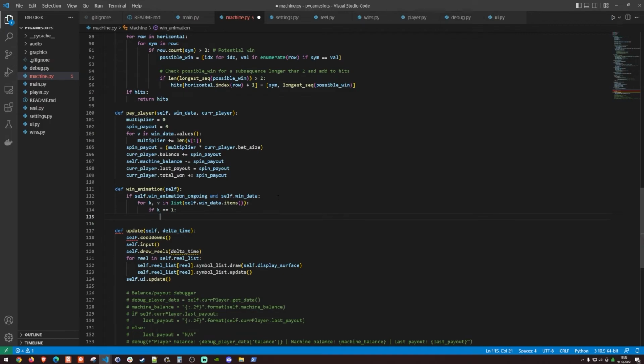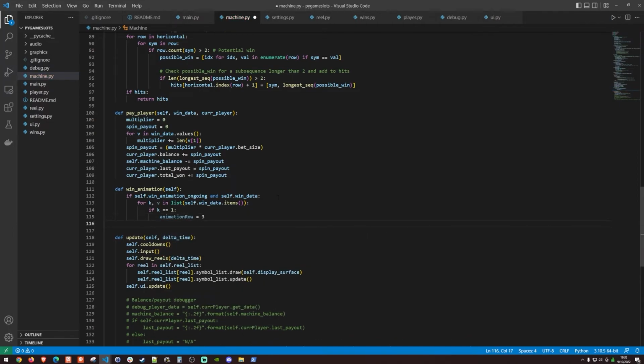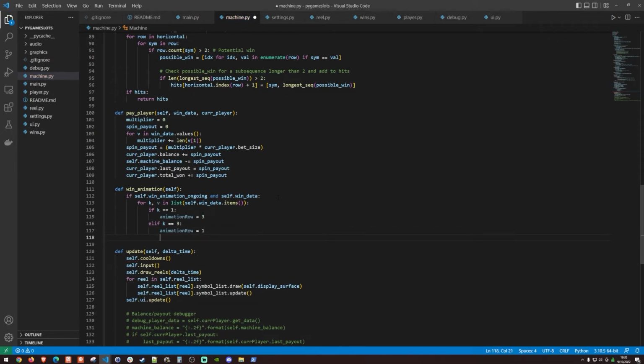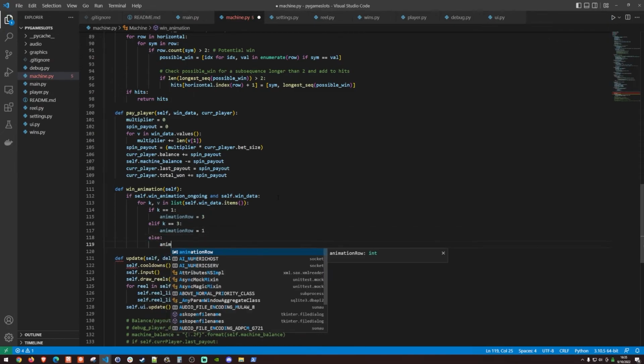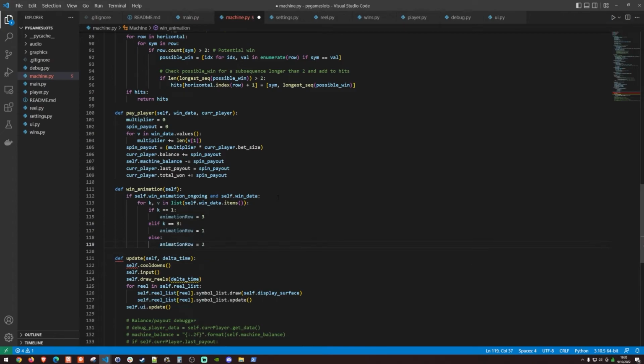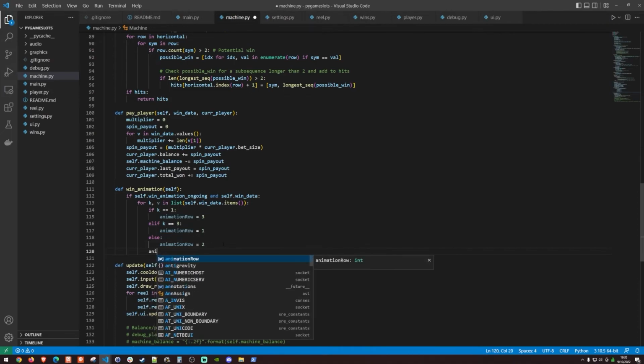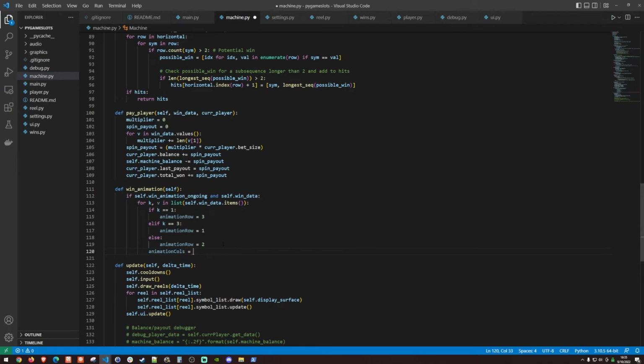So if k is 1, my animation row is going to be 3. And elif k equals 3, my animation row is going to be 1. And else animation row is just going to be 2. So basically this is just flipping 1 and 3, right? And then 2 is always in the middle, so it will just stay the same. But yeah, so then I'm going to have my animation columns, and I'm going to have that set to